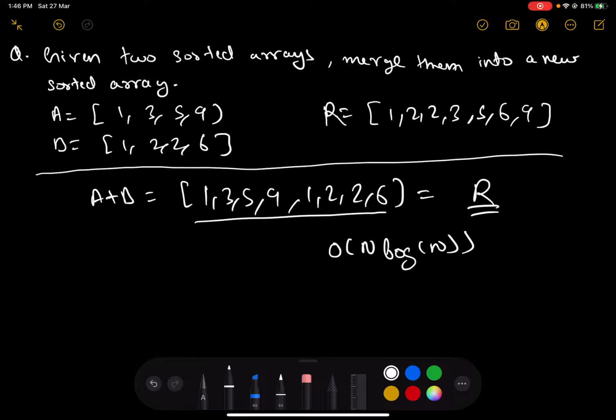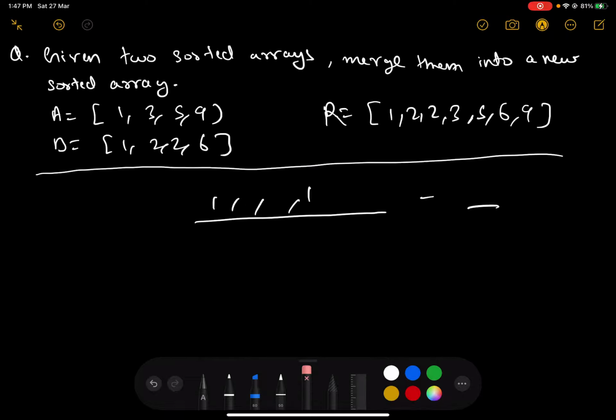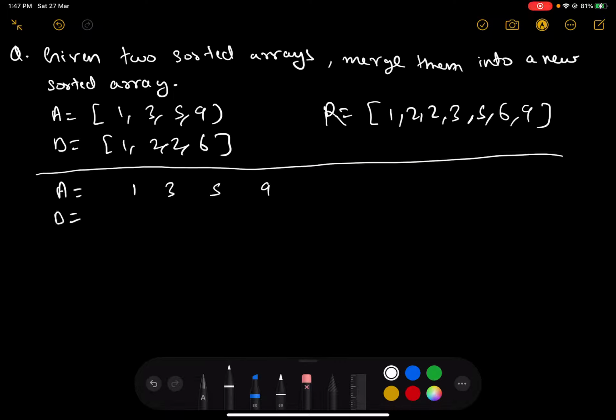Now, getting into the two pointer approach, how do I really use two pointers to solve this problem? Let's just get into that. Let's say that A is 1 3 5 9 and B is 1 2 2 6.